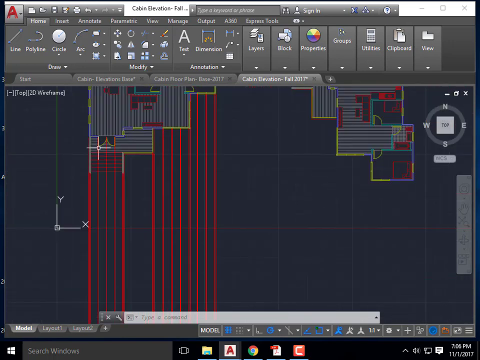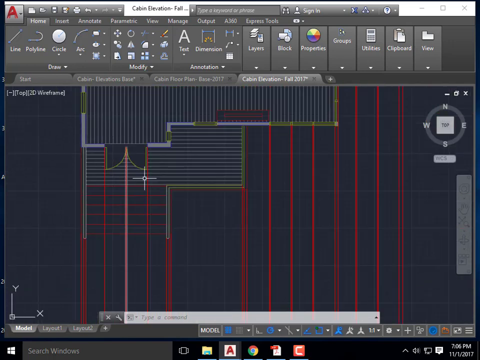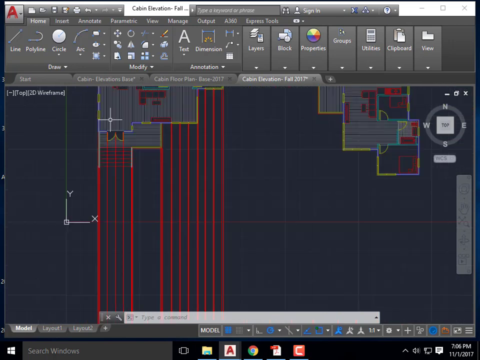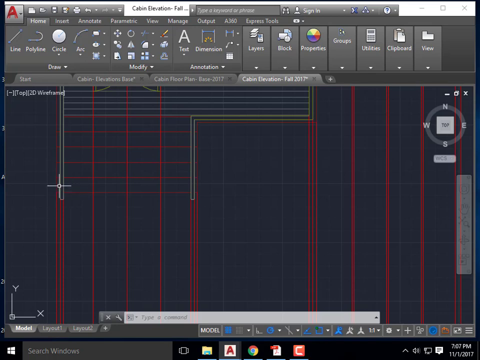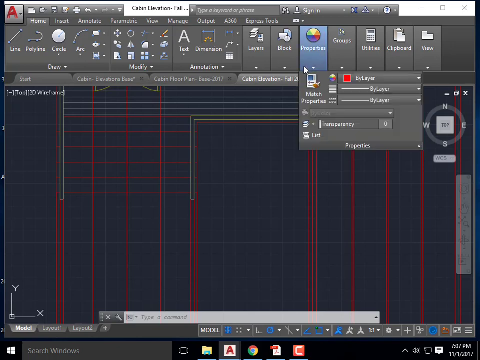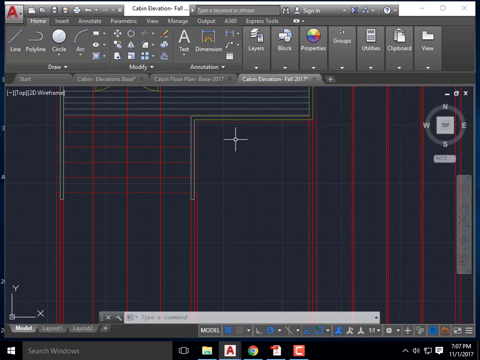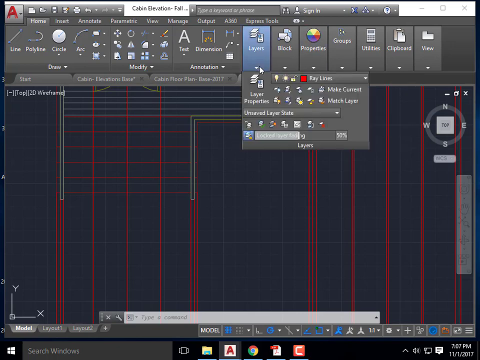Okay, so the first one that I'm going to draw is the first and closest part of my building. Okay, actually I take that back. Let's start at the actual closest thing and let's draw our steps. Because it's a close item in my elevation, I'm going to change it to